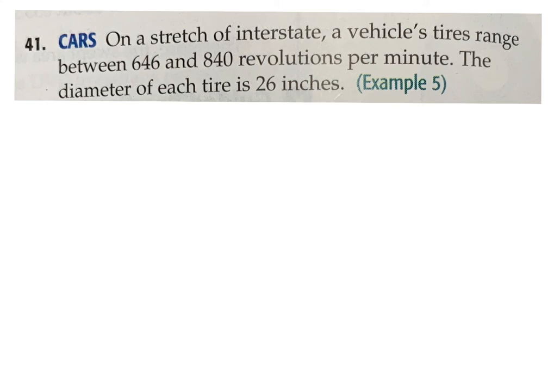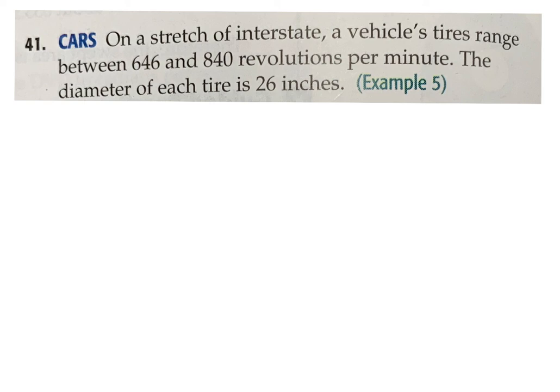On a stretch of interstate, a vehicle's tire range is between 646 and 840 revolutions per minute. The diameter of each tire is 26 inches. The first thing it wants is the angular speed of the tire. And so if you go back to page 236,